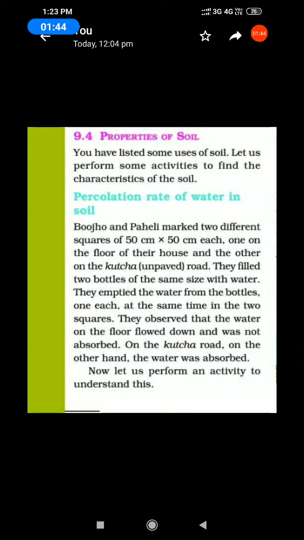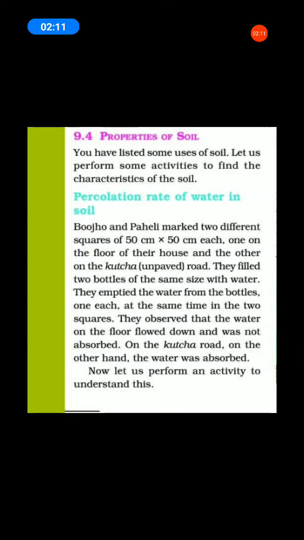Next, types of soil. What are the three types of soil? Sandy soil, clay soil and loamy soil. Those are the types of soil. What is soil? The mixture of rock particles and humus is called soil. Okay. Next, what is